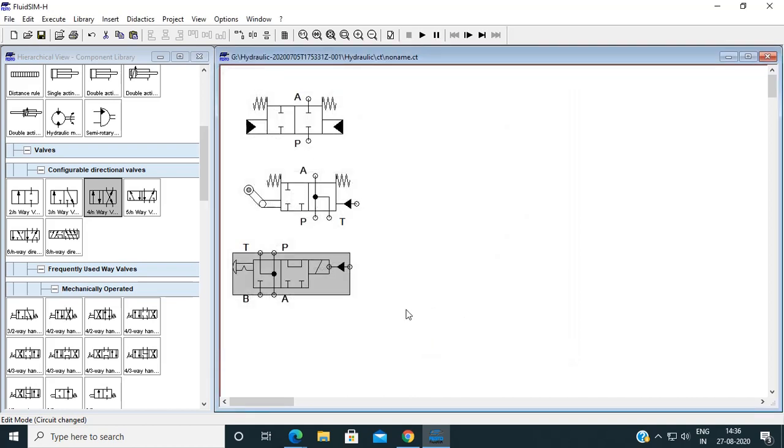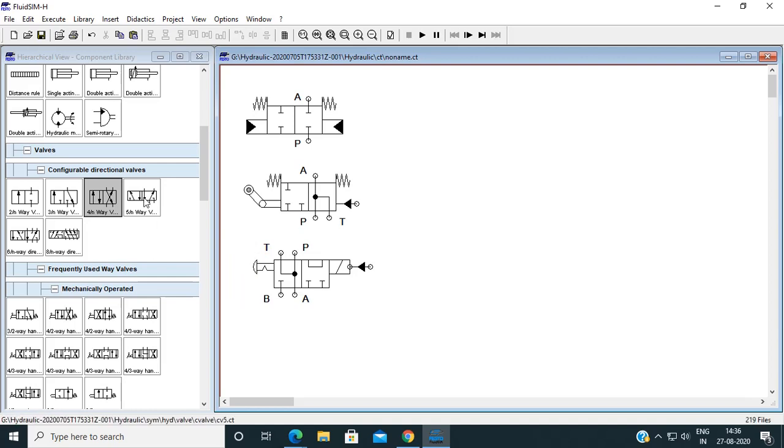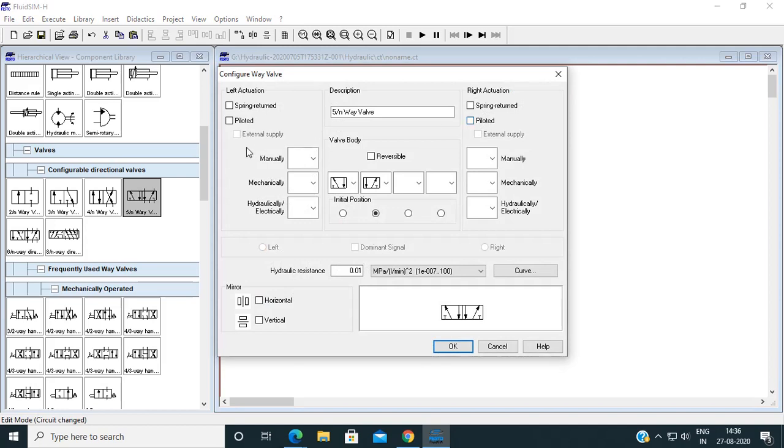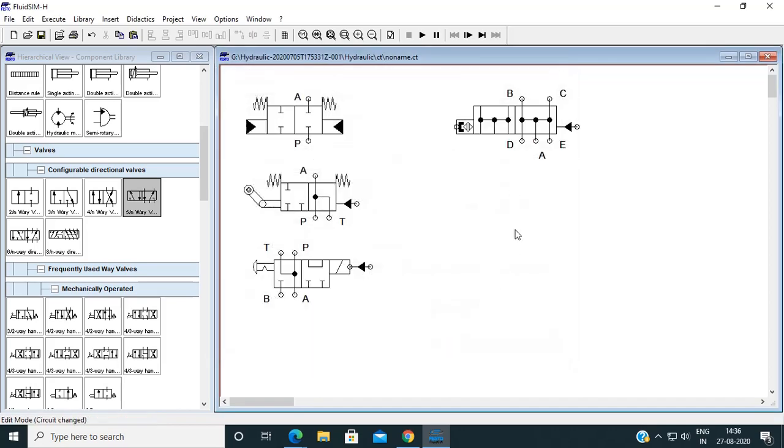So this is totally customizable direction control valves. Similarly 5 by 2 positions, you can totally customize 5 by 2 DCV according to the applications. Suppose here are few positions given for the 5 by 2. So in this way you can customize.